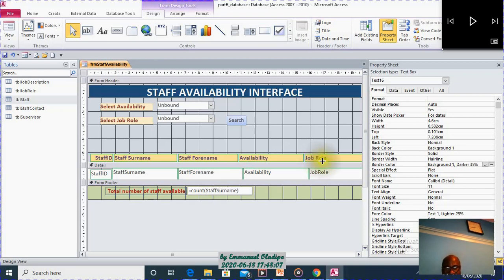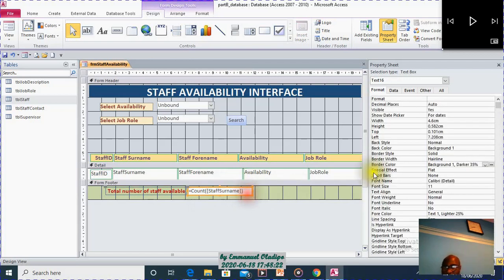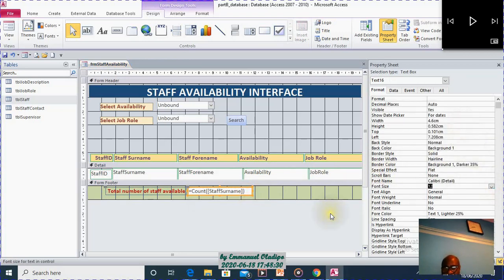Okay, as soon as I click out, please note the staff surname will be surrounded by a square bracket there. See, there's a square bracket there, there's a square bracket there, and then the count, a brace there. So we probably want to format this to 12. Increase the font size to 12. Okay,